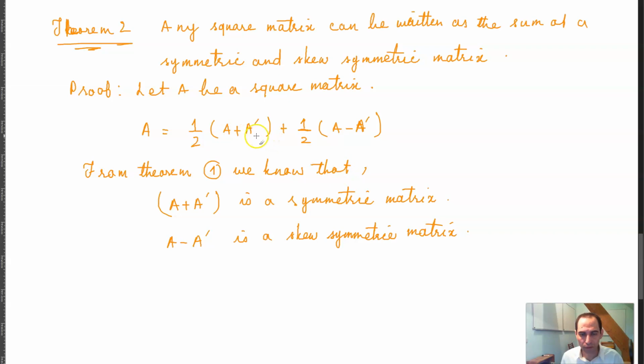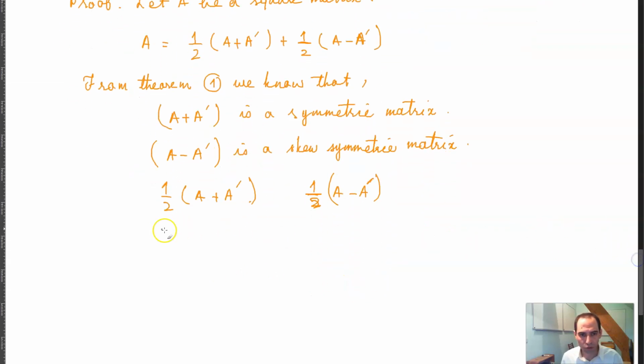And so what we have written here is that A is the sum of 1/2 of A plus A prime and 1/2 of A minus A prime. So we need to show that